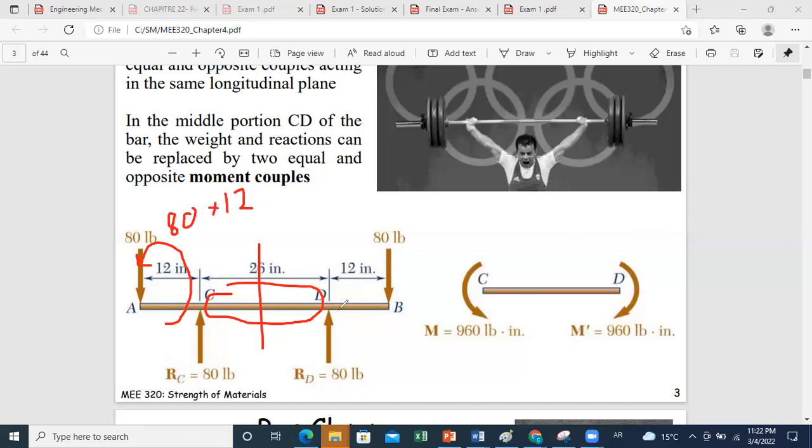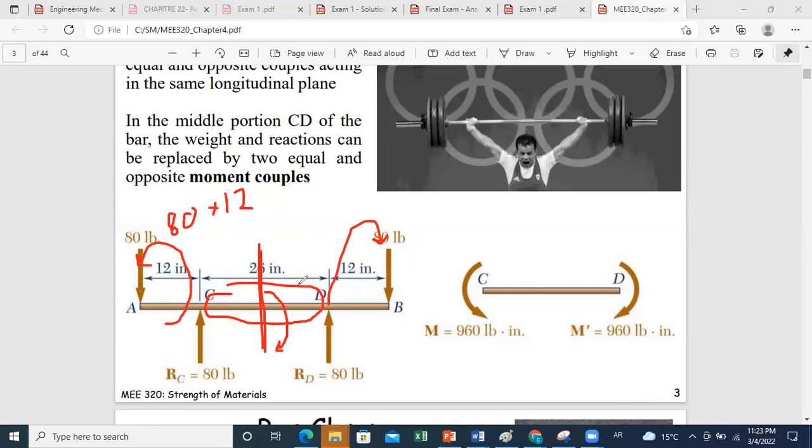And for this part, for dB, I can replace it by a clockwise couple of 80 times 12. So now if I do the analysis, when I do a cut here and I remove this part, I should have the development of a bending moment in part CD equal to 80 times 12, which is 960, but in the clockwise direction. Okay, and keep in mind that whenever, by action reaction, if you take this part, you have a